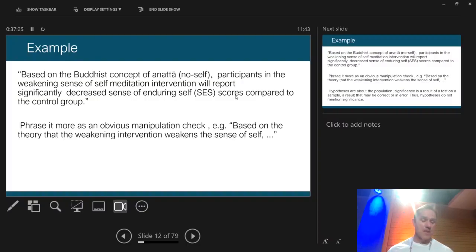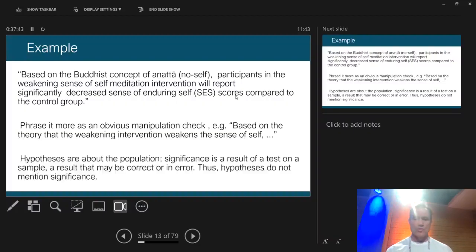Incidentally, I'll just mention it because I often see this as an editor. Notice the word significantly in there. I often see people phrase hypotheses with the word, this intervention will significantly increase this, or this will be significantly correlated with this. This is wrong